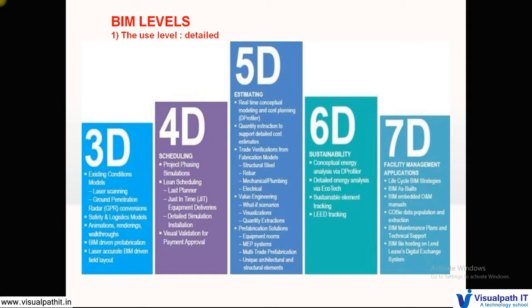And what is 7D? 7D is like life cycle management, which you saw in the project life cycle. So maintenance and vendor communication. So when I said you click one button for that leakage in the pipe, it goes to the vendor, and what pipe, what size, all the technical specifications are available in the 7D. So this is called facility management.